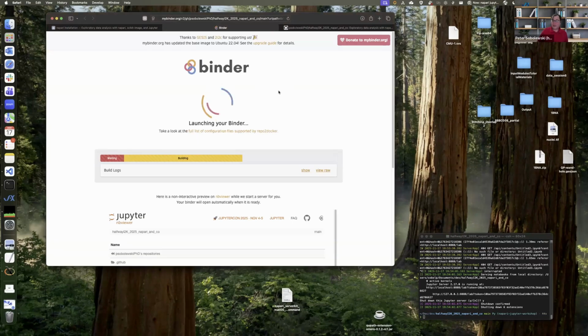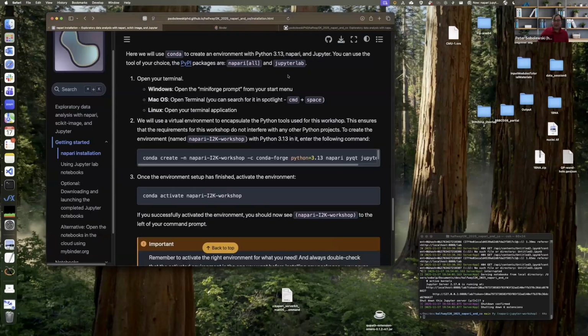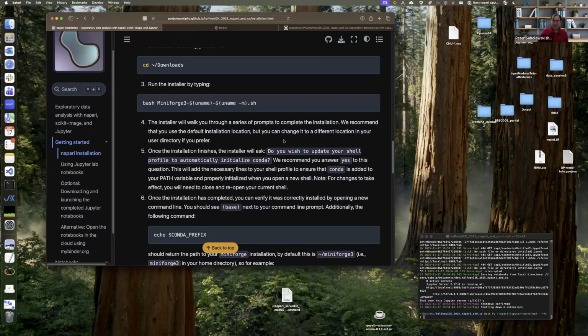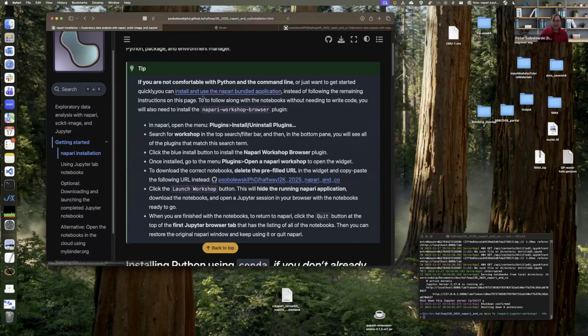And then Binder is still spinning up, so another minute or two, and this should actually be doable using Binder. So we'll see if that actually gets kick-started or not. So those would be your options. Either if you have Conda or some other way of installing Napari, PyQt, and JupyterLab, then you can do that. If you don't have access to Python, then follow the instructions here to install the bundled application and the Napari workshop browser. And I can demo how that would work